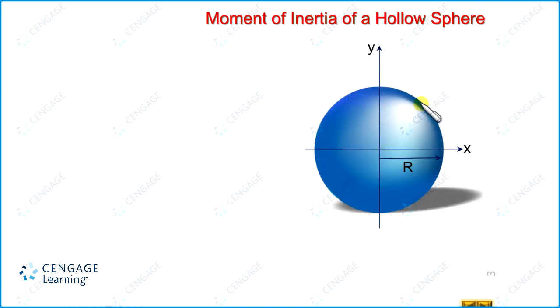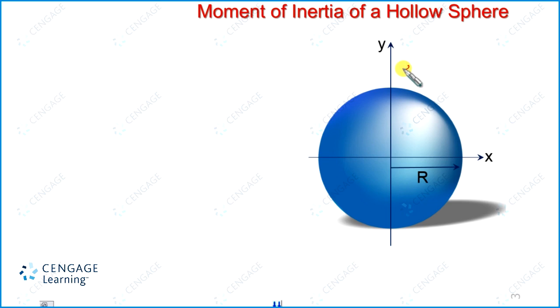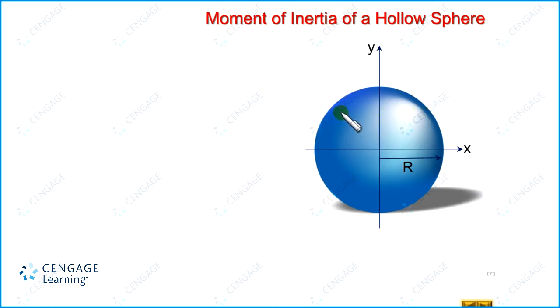We are considering the mass is uniformly distributed over the surface of this sphere, right? We can define the surface mass density as M divided by surface area of the sphere, equal to 4 pi R square. That means the surface mass density sigma we can define as M divided by 4 pi R square. Okay. We can consider this hollow sphere is made of a number of elemental rings placed coaxial with the y-axis. So here we are going to consider one elemental ring, this one, right?